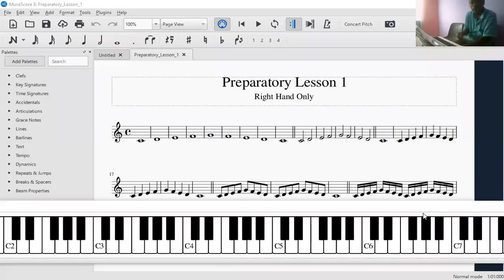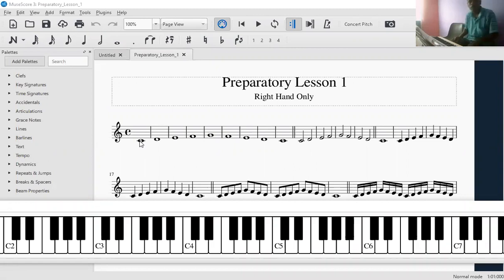This software is a music notation software, so I can use it to demonstrate how you can read and play the notes. Right, so the preparatory lesson for right hand only has the first note, which is